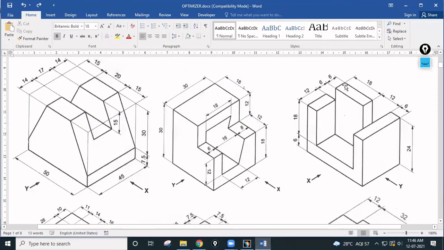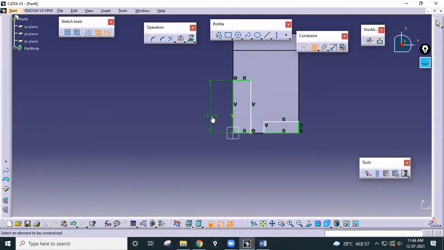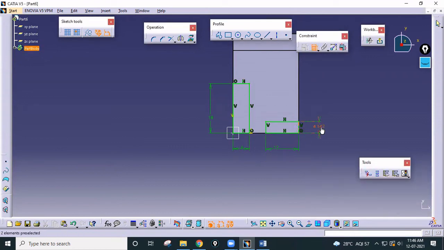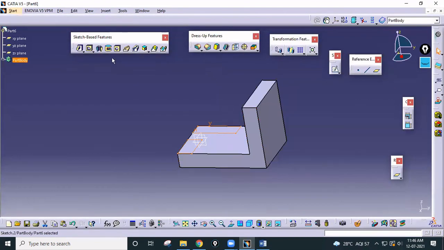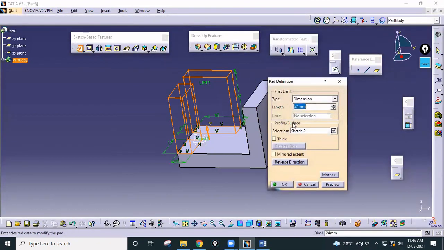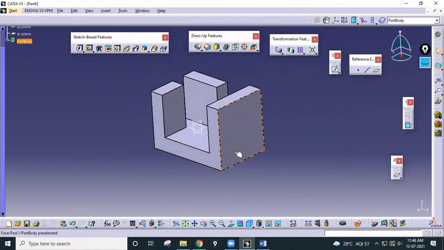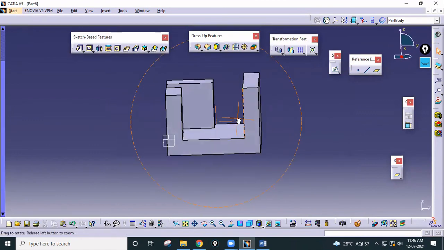If you check the width, this is 6, this is also 6, and this length is 12, this length is 18. So this one is 18, this one is 6, 12 and 6. Just exit workbench and pad it by total 18. Just click on OK. So this is our part number 6.